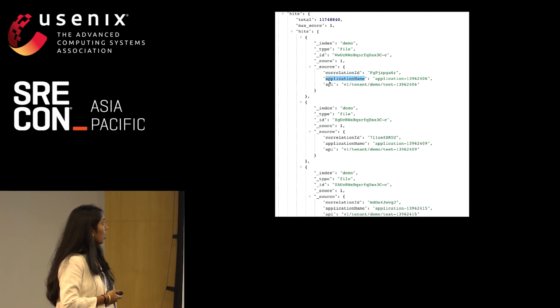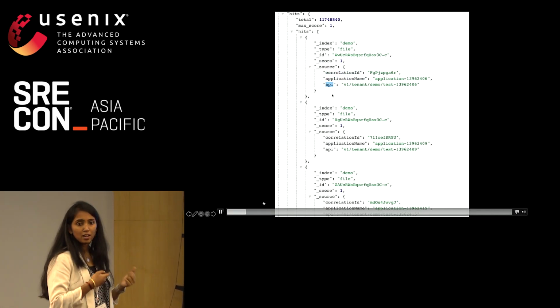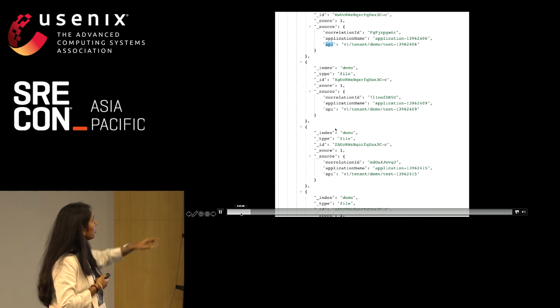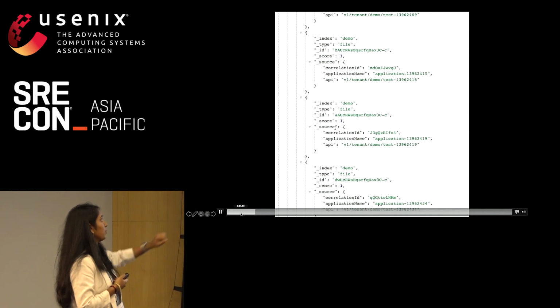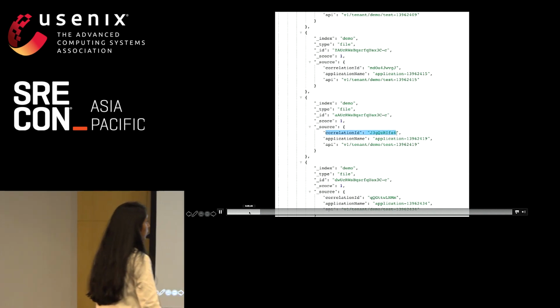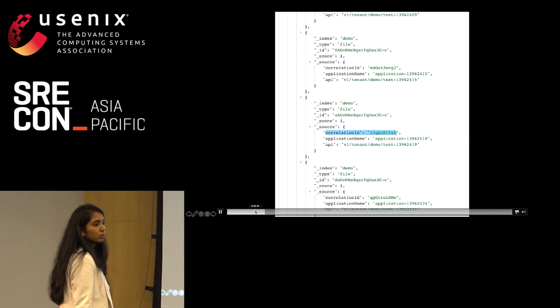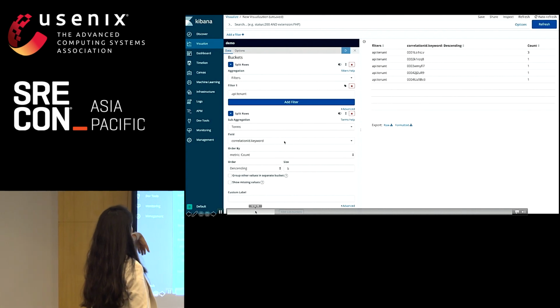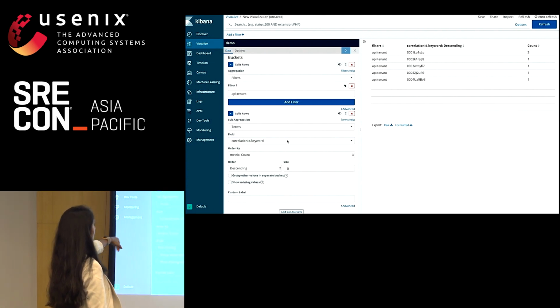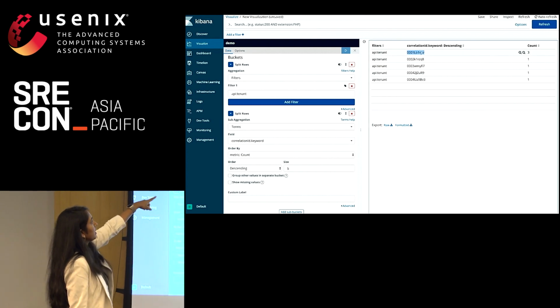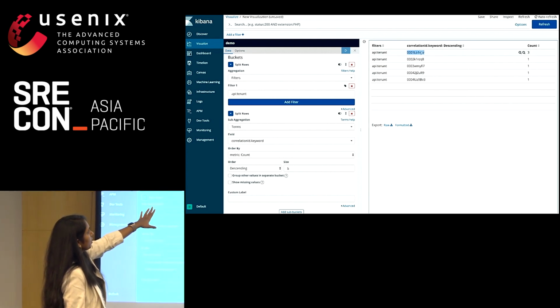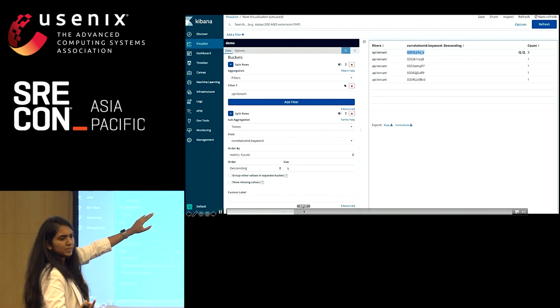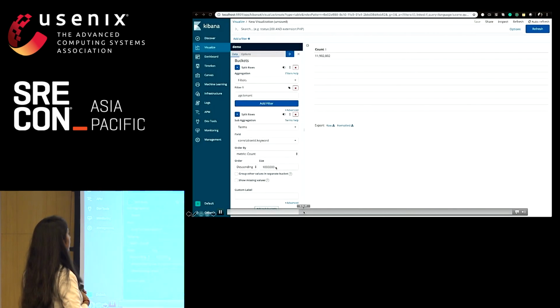Correlation ID is the field that is your high cardinality field, and then you have some form of an API that is being defined. So we had one of the users who wanted to figure out the retries happening in their API. What they did, they went to Kibana, they had a correlation aggregation based on a correlation ID. They figured out that, hey, for this particular correlation ID, I have 3 counts, which means that it would have retried for a given request.